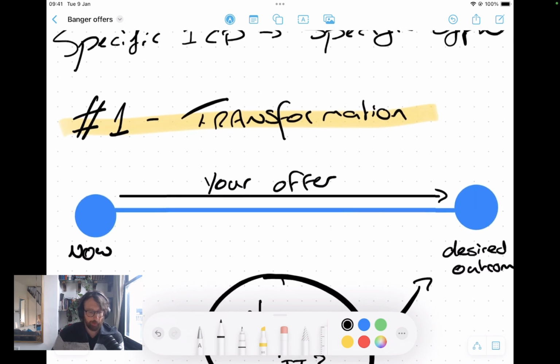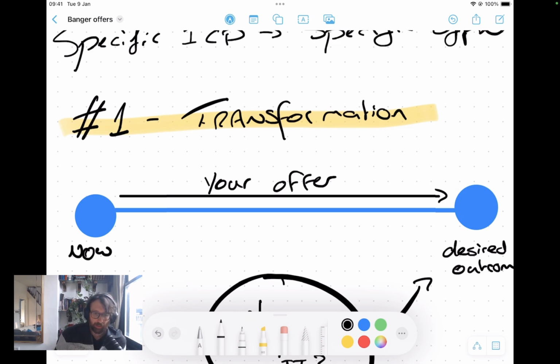So a lot of people get caught up on things like the features of the offer and even the benefits, which are both important, but they're not as important as the transformation. Here's what I mean. I see people who do information products and they'll sell them for 2-3 grand. And then they'll talk about how many hours of video are included, or how many calls they get, or how many templates are included, and all this kind of stuff.